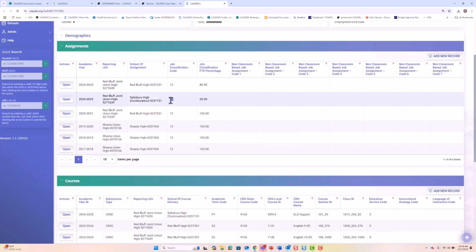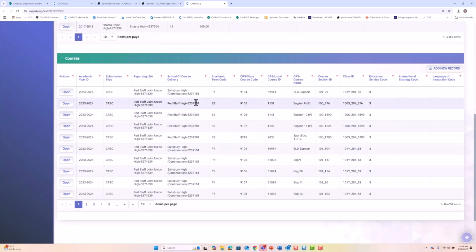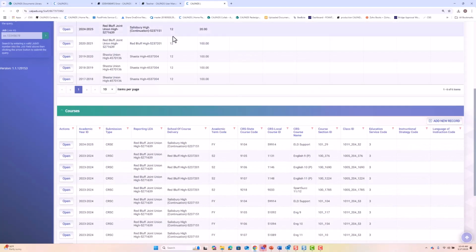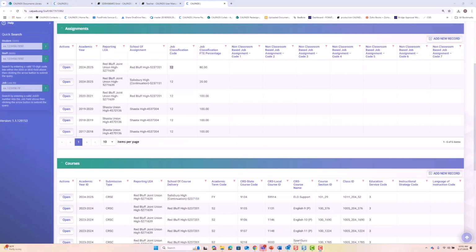If that is the case, you want to use a job classification code of 27. If they are a pull-in push-out support teacher and you use 27 appropriately, there will not need to be associated student course section records for your course. As it is now, the staff member is reported with the 12, a standard teaching assignment. You have to enroll the students who are receiving this ELD support, even if it's not their main subject, even if it's pull in, push out, because you have reported a 12, you have to report the students. So remember that for push in, pull out instruction, itinerant teachers should have job classification 12.